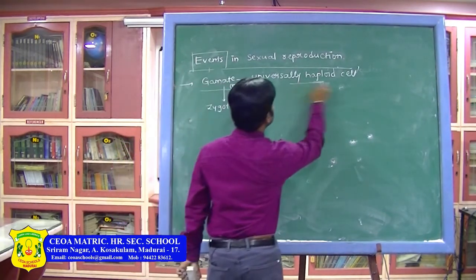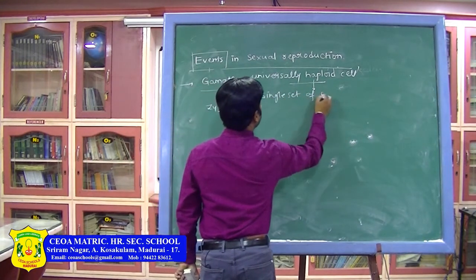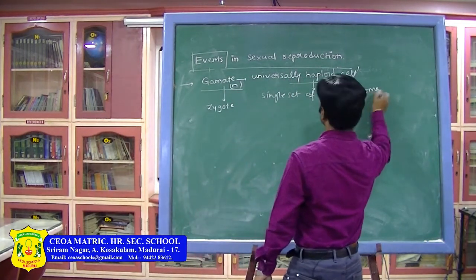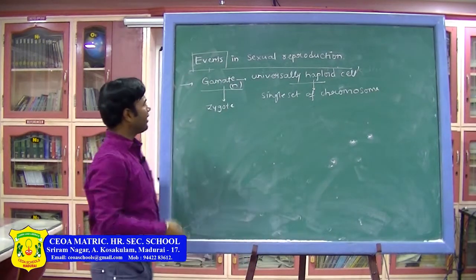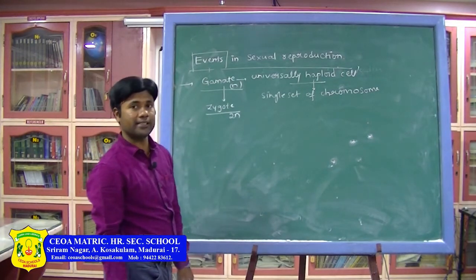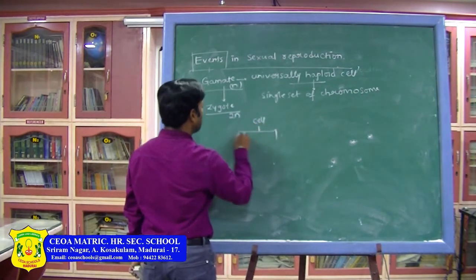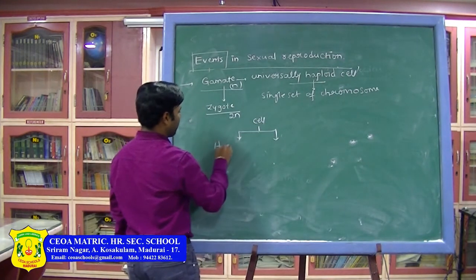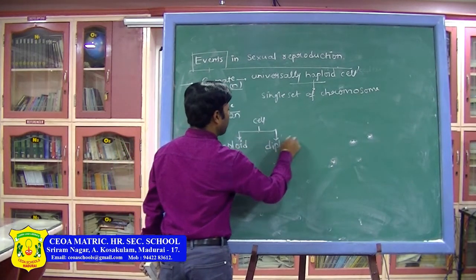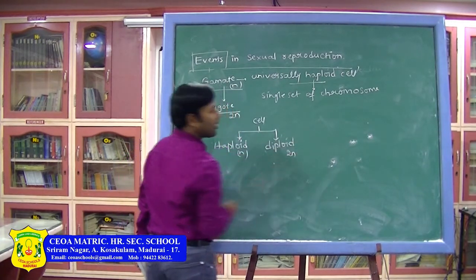Haploid is nothing but, what is haploid? It consists of a single set of chromosomes. Then the zygote, it is forming due to the gametes. The zygote condition is 2n. Two sets of chromosomes are present. Okay. Now based on that, if you take the cells, there are haploid cells and diploid cells present. So now I am writing here haploid and this side diploid cells. So haploid cell means n condition, diploid cell means 2n condition.